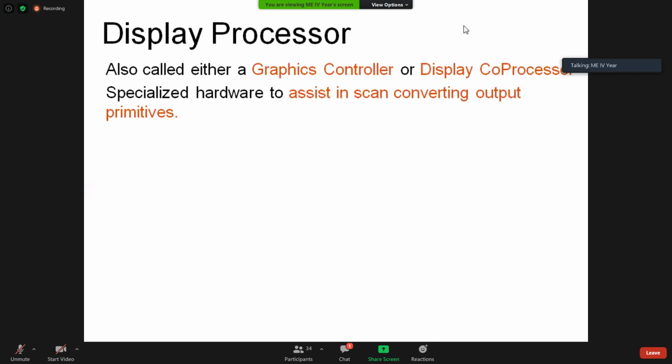So what the display processor does is specialized hardware to assist in scan converting the output primitives. What is the meaning of output primitives? When you draw something in CAD or CAM, there is a sketcher tool in any 3D modeling software. In this sketcher tool, you draw the sketch and give all dimensions according to your requirement. Then what is the first criteria to check